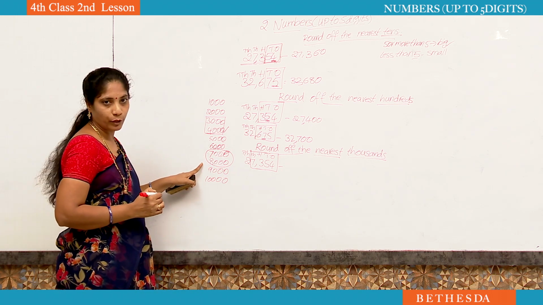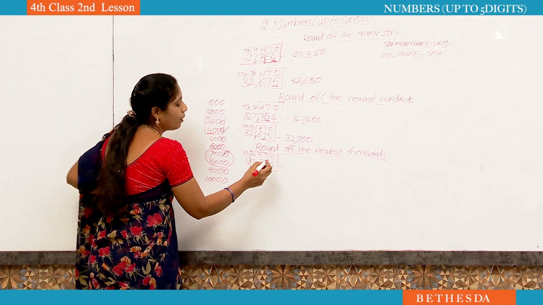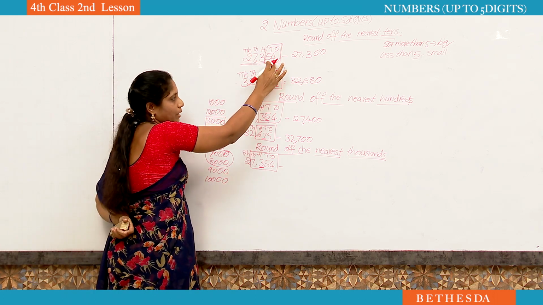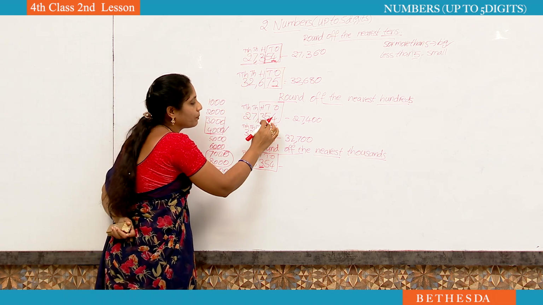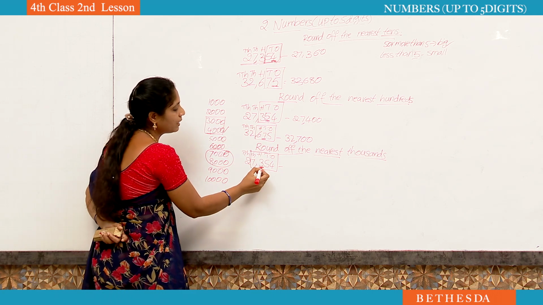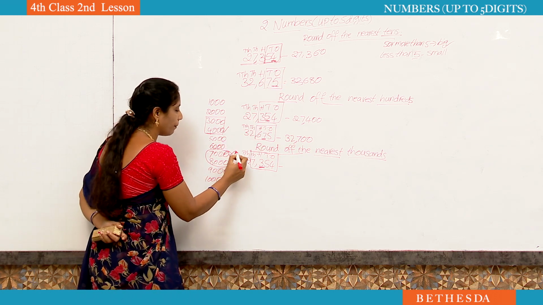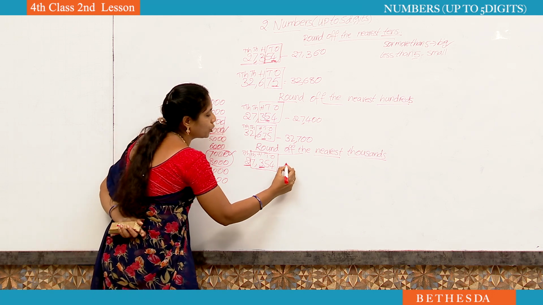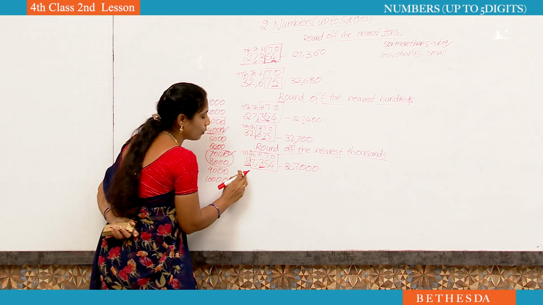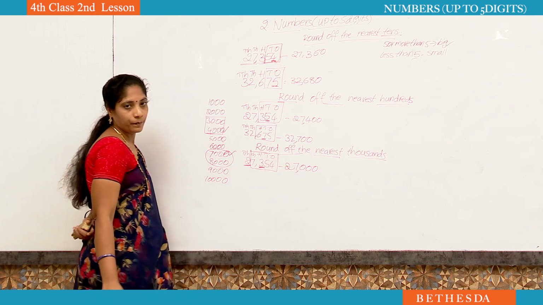Same doubt, which number do we have to take? Now we are finding the nearest thousands. That's why we have to observe the hundreds place number. For nearest tens we observe the ones place number. For nearest hundreds, we observe the tens place number. For nearest thousands, we observe the hundreds place number. What is the hundreds place number? 3. 3 is less than 5. That's why we have to take the small number. The 10,000s place we write as usual. We have to change from thousands. Now, what is the nearest thousand for 27,354? 27,000.